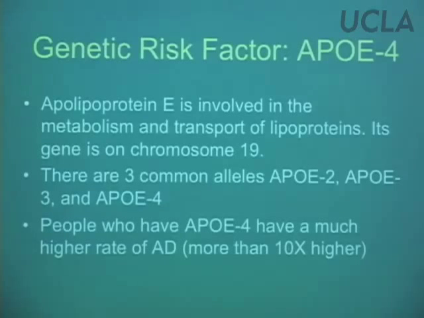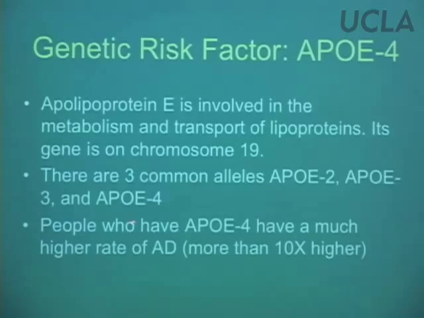And if I were able to sample all of your genetic material, I would probably find that these three common alleles would be represented. Some of you would have two copies of ApoE2. I think most of you would have two copies of ApoE3. You might have one 2 and one 3. Some of you would have ApoE4 as one of your alleles. You could be heterozygous for that, or have an ApoE4 and ApoE3. So these are occurring just generally in the population. They're not really a mutation, just like some of us have blue eyes, some have brown eyes. They're just the normal variation.